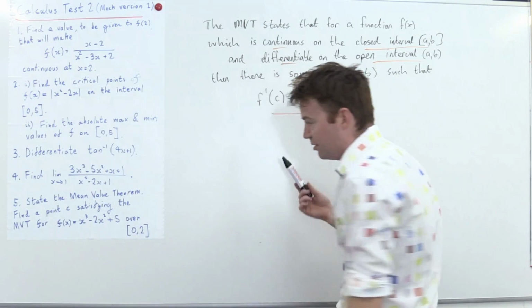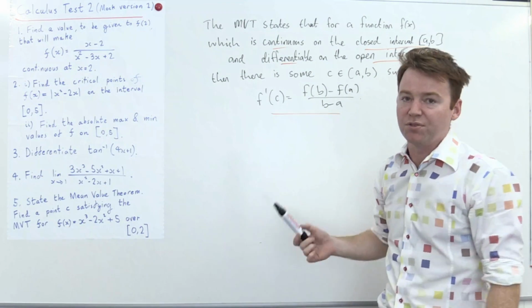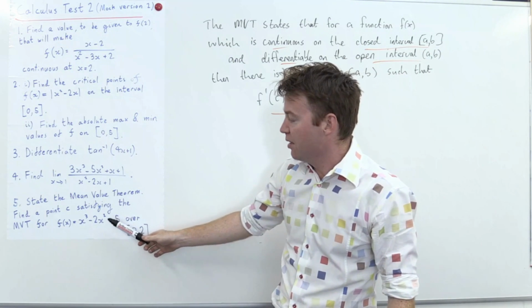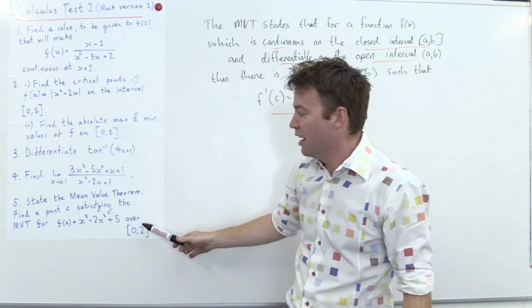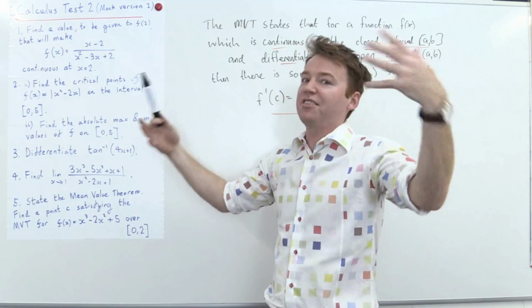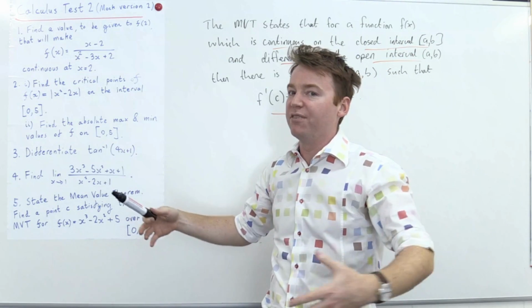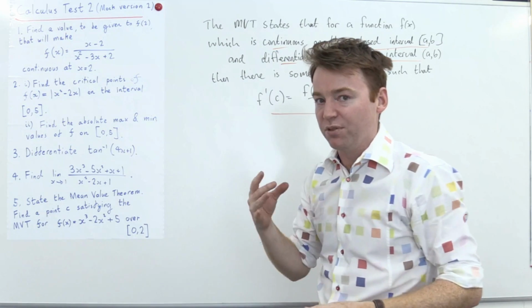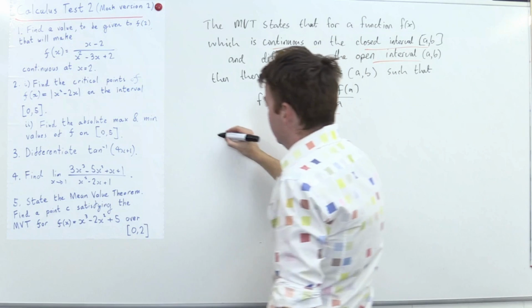Now, the mean value theorem doesn't actually tell you where C is, it just tells you it exists. So we actually have to do a bit more work here. We need to apply it to this function and actually find C. The mean value theorem won't give it to us, it'll just tell you that there is such an answer. We have to use our smarts to actually go find it. So